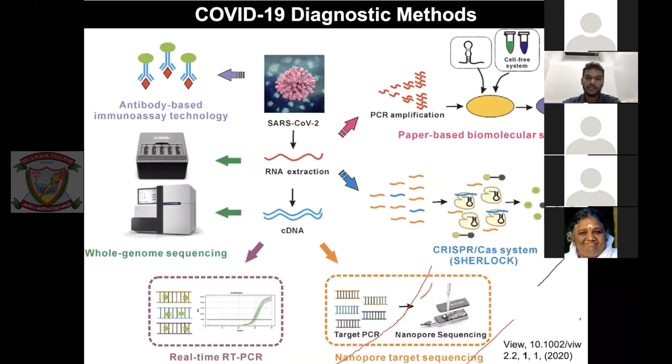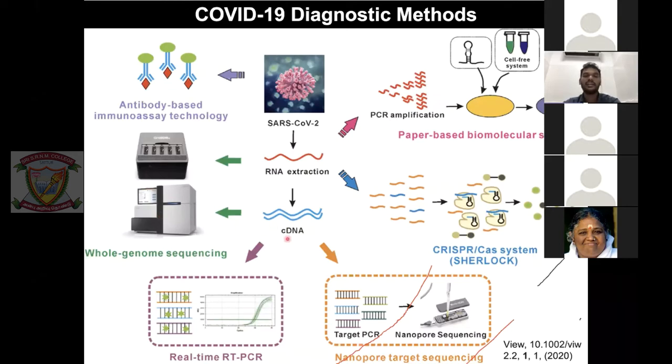Second thing is you isolate RNA, extract RNA from your virus, and you do a whole genome sequencing. You do the entire genome sequence. That's highly expensive, and it's not possible to do it on a large scale. And similarly, you can convert RNA into DNA. Like in the transcription process, DNA is converted into RNA. RNA also can be converted into DNA. That is called reverse transcription. You can make it into a more stable genome. Now, RNA is an unstable genome, right? You can convert it into cDNA. So now this becomes a more stable genome. And again, do the genome sequencing. It's not viable, like I said, for the larger scale.